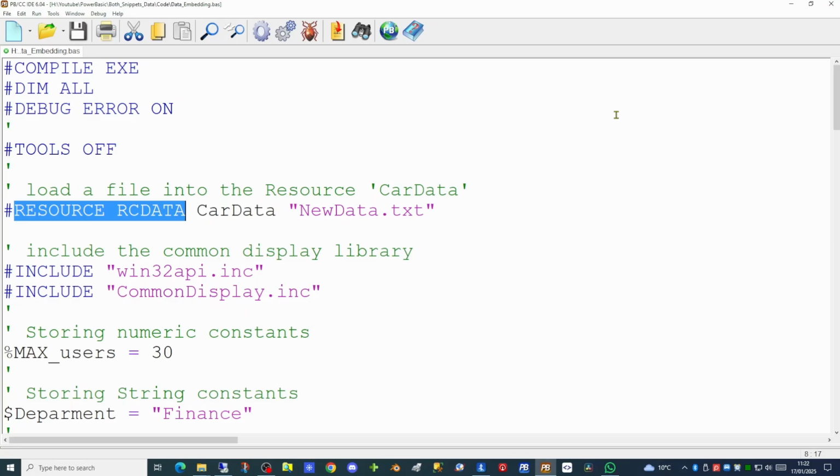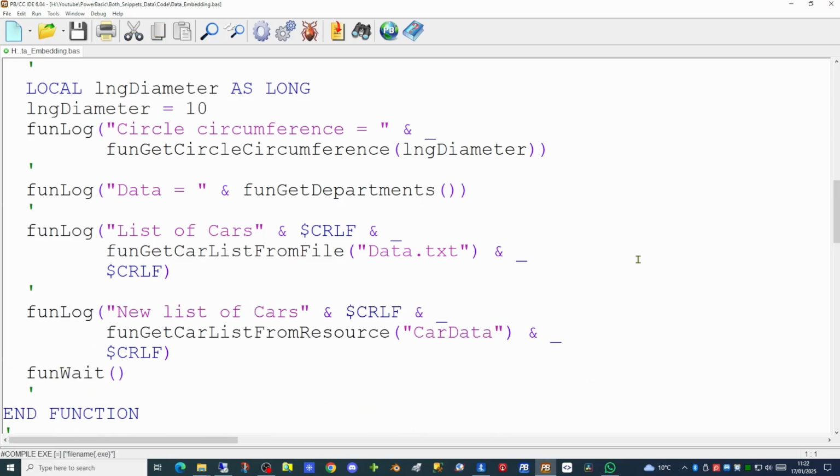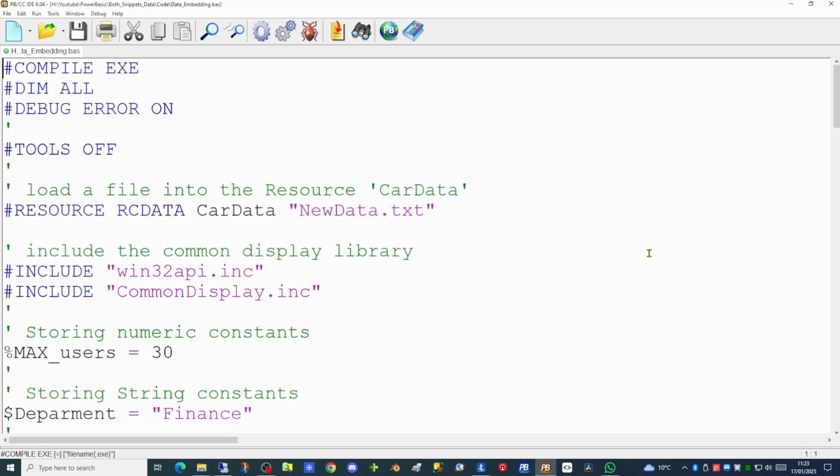So how do we access the data in the resource? Let's create a new function whose job it will be to do that. So we're going to create a new function called getCarListFromResource, and we're passing it a single parameter, in this case the car data. Car data is the second parameter in the resource